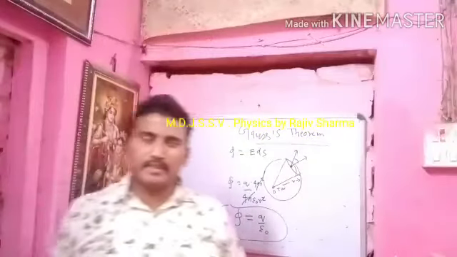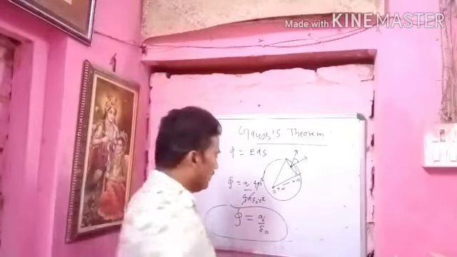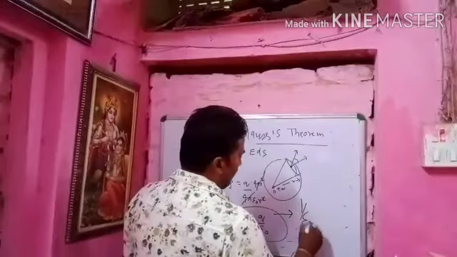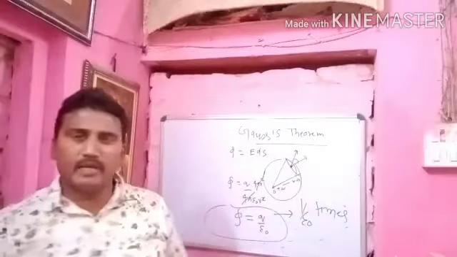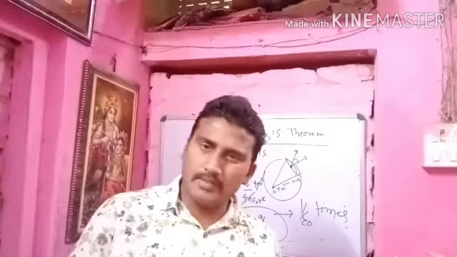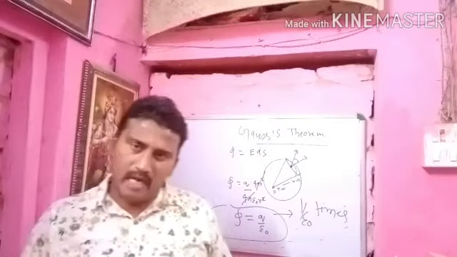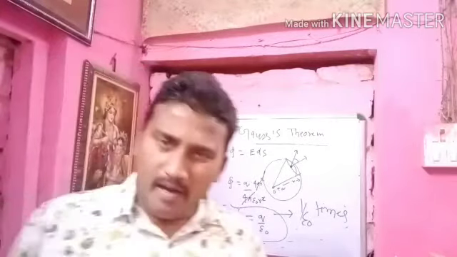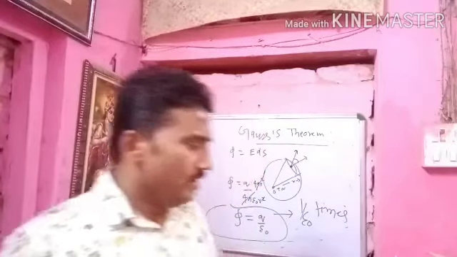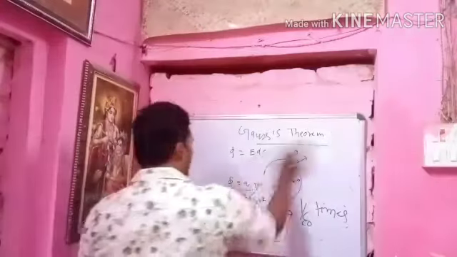It also represents the number of electric field and force lines passing through the closed surface. It is always equal to 1 by epsilon naught times the value of the enclosed charge. That is known as the statement of Gauss's theorem. In our daily life there are many uses of Gauss's theorem, and there are 5 types of applications that are based on Gauss's theorem. Now we explain and start with the first application of Gauss's theorem.